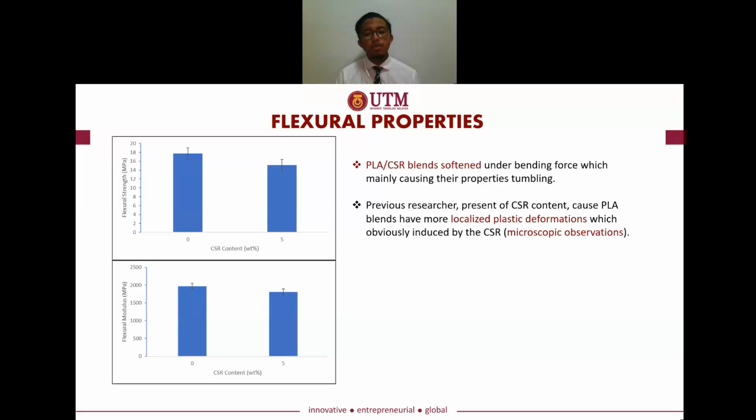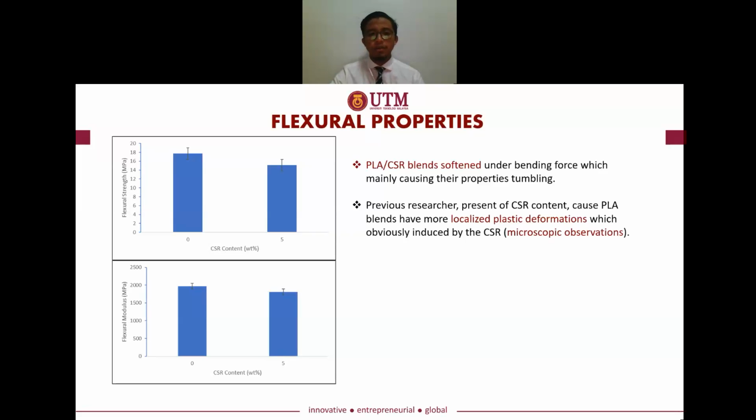PLA-CSR have a lower flexural strength compared to neat PLA. This is because PLA-CSR have been found to soften under bending force, which mainly causes the property tumbling. Previous scientists found, using scanning electron microscopy for microscopic observation of the PLA, that when CSR content is present, the PLA will have more localized plastic deformation, which is obviously induced